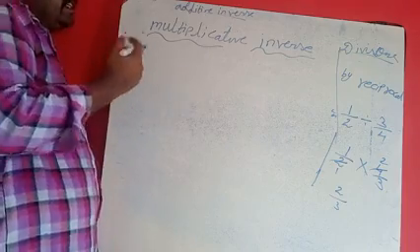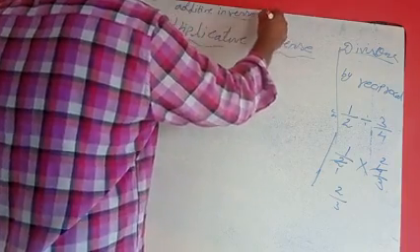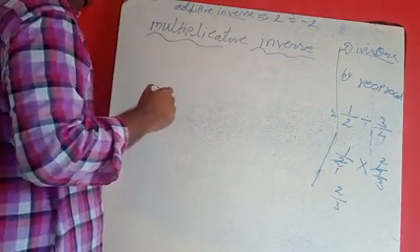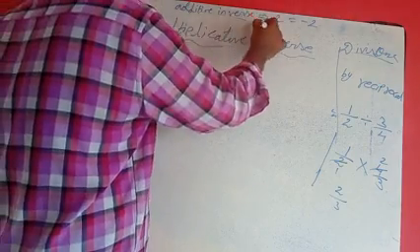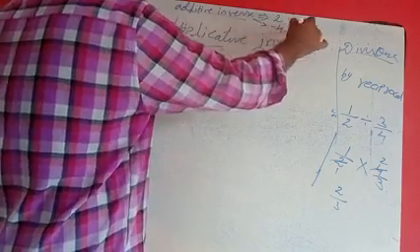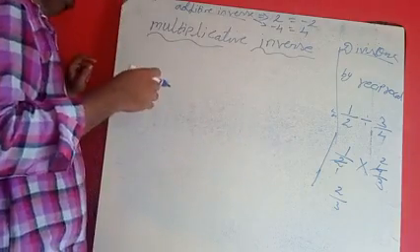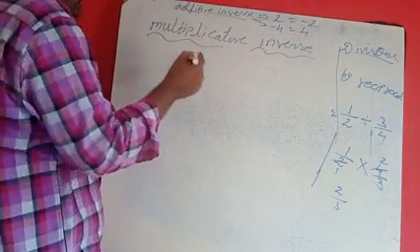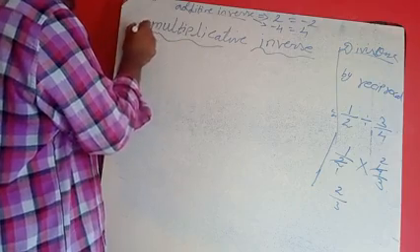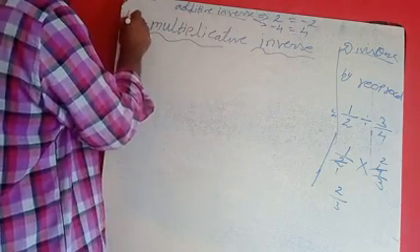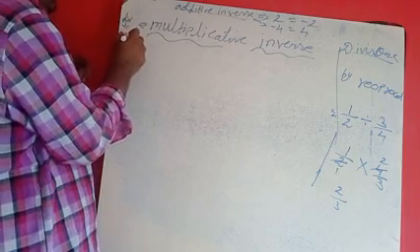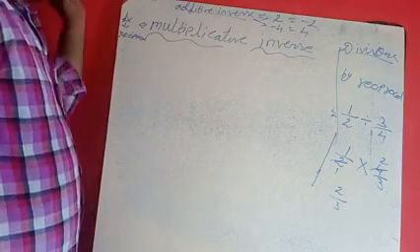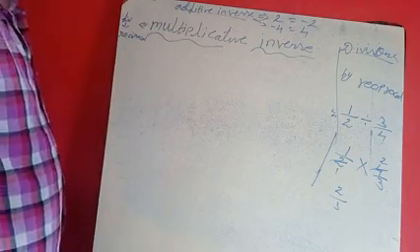We have two things. Additive inverse: the additive inverse of 2 is minus 2. Inverse means opposite. The opposite of 2 is minus 2. The additive inverse of minus 4 is plus 4. That is called additive: opposite sign, either plus or minus. For multiplication, the opposite is division, so division indicates reciprocal. So multiplicative inverse is nothing but the reciprocal.